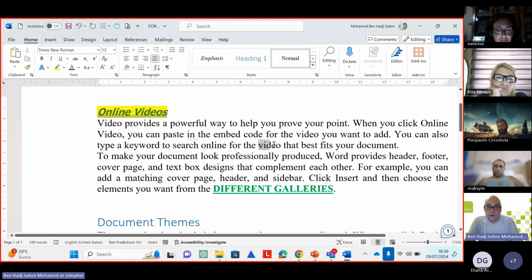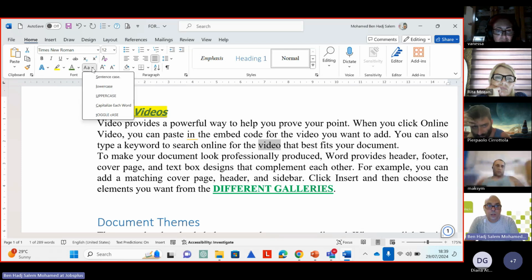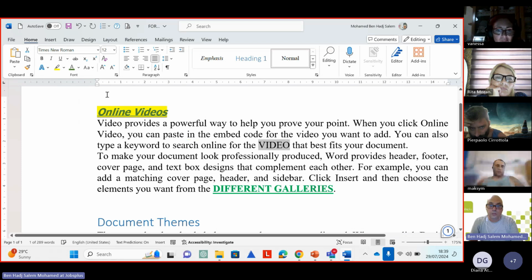You have here the word video. We want to capitalize the letters. Where we have to go, we just change the case. We click on this option. Okay, I go uppercase. Okay, so in the exam, for example, he can tell you